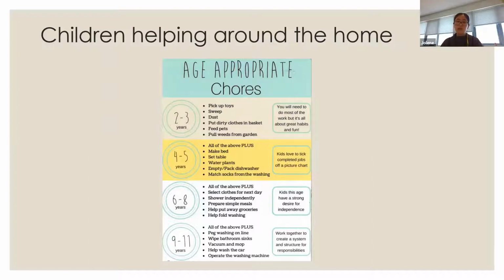And especially with some of these tasks, it may require more than one person to do it. So you could say, okay, you're going to help me with it. And this could be a good way of bonding and having time with your children one-on-one as well for that quality interaction. It's also giving them a sense of belonging, like we are participating in what we need as a household.